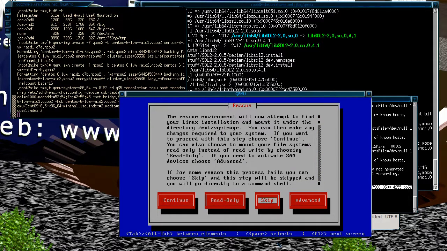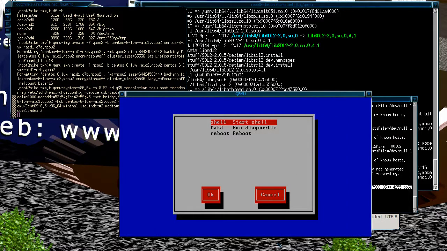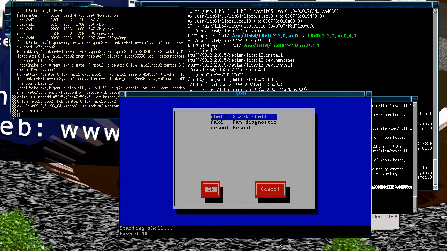And then just skip the scanning for the disk, and then just choose to start the shell. Okay, so basically we're in the shell now,